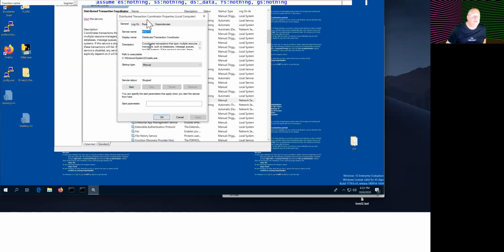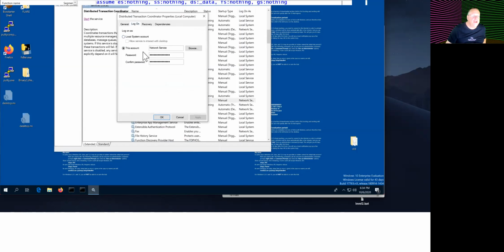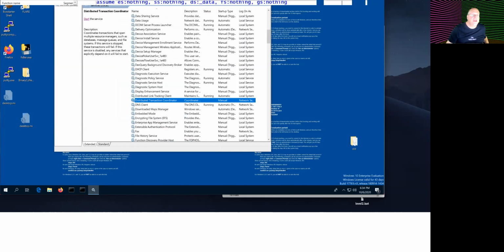Then I go to properties, and you can see how this thing works. You can see that it logs on as a network service, which is kind of funny. When I tried it before, it logged on as system, which I think is what it's going to do. Anyway, like I say, I just